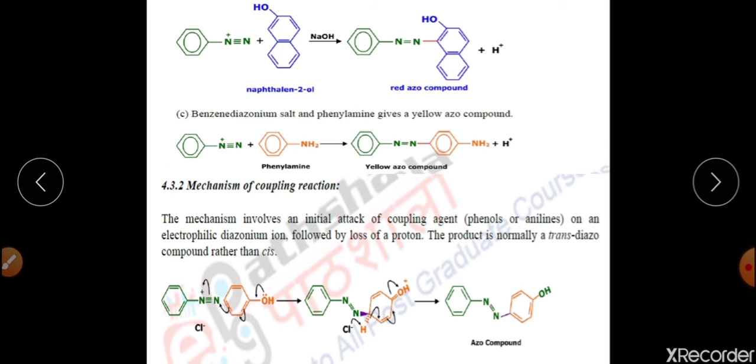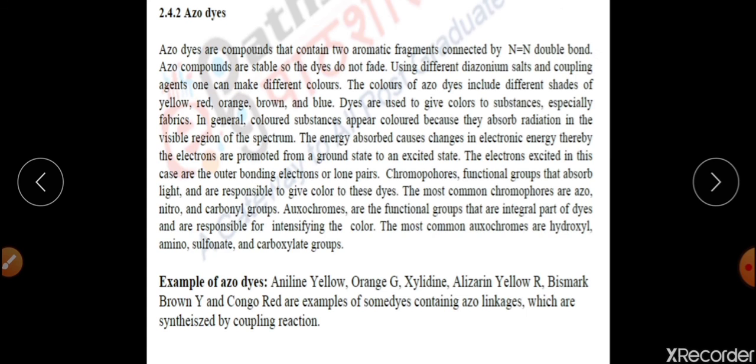So we were discussing the mechanism of the reaction. This is your benzene diazonium salt, benzene diazonium chloride is here. So reaction will happen, this is your acidic component. So basically reaction will happen under slightly basic conditions. So this phenol will get converted into phenoxide ion, and after formation of phenoxide ion, this O negative will attack here with migration of electron to this one, and ultimately migration of this electron to nitrogen with migration of this N triple bond N to this particular nitrogen, and in the last step the hydrogen will be eliminated, forming azo compound, right? So this is the mechanism for the reaction to happen.